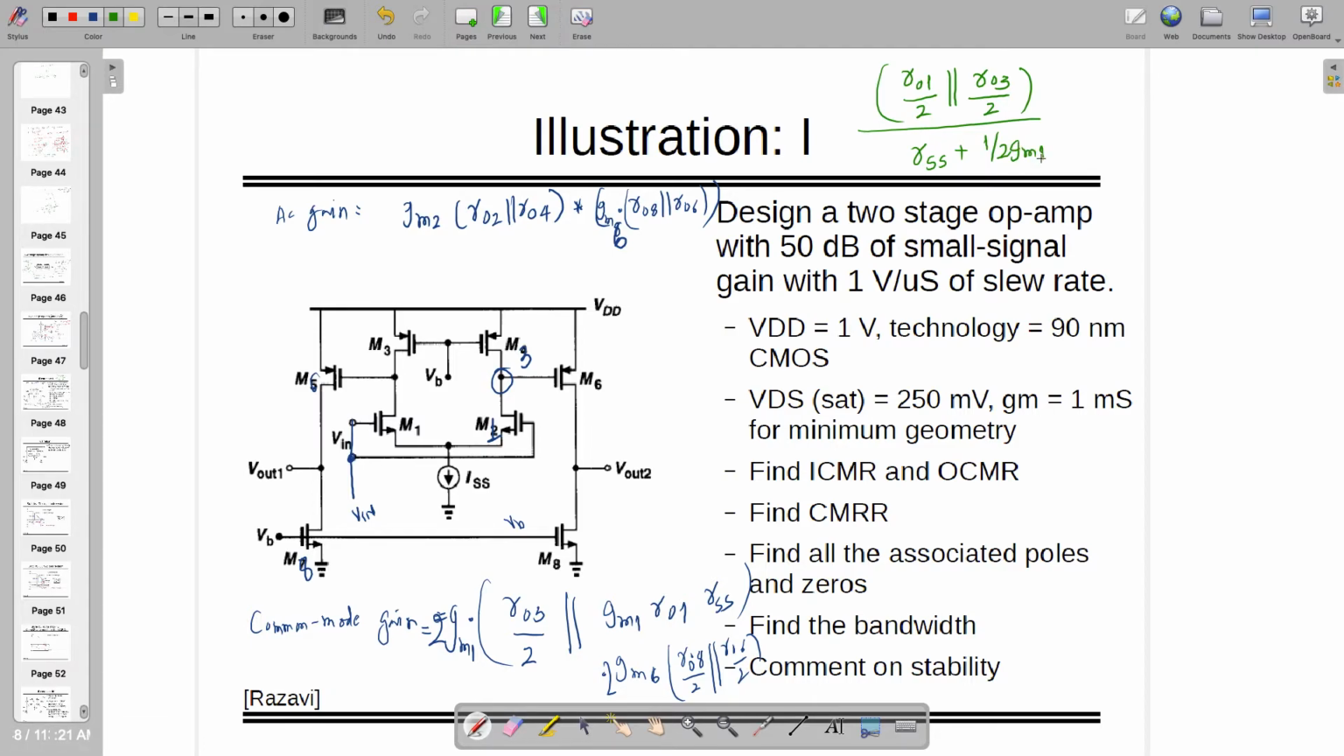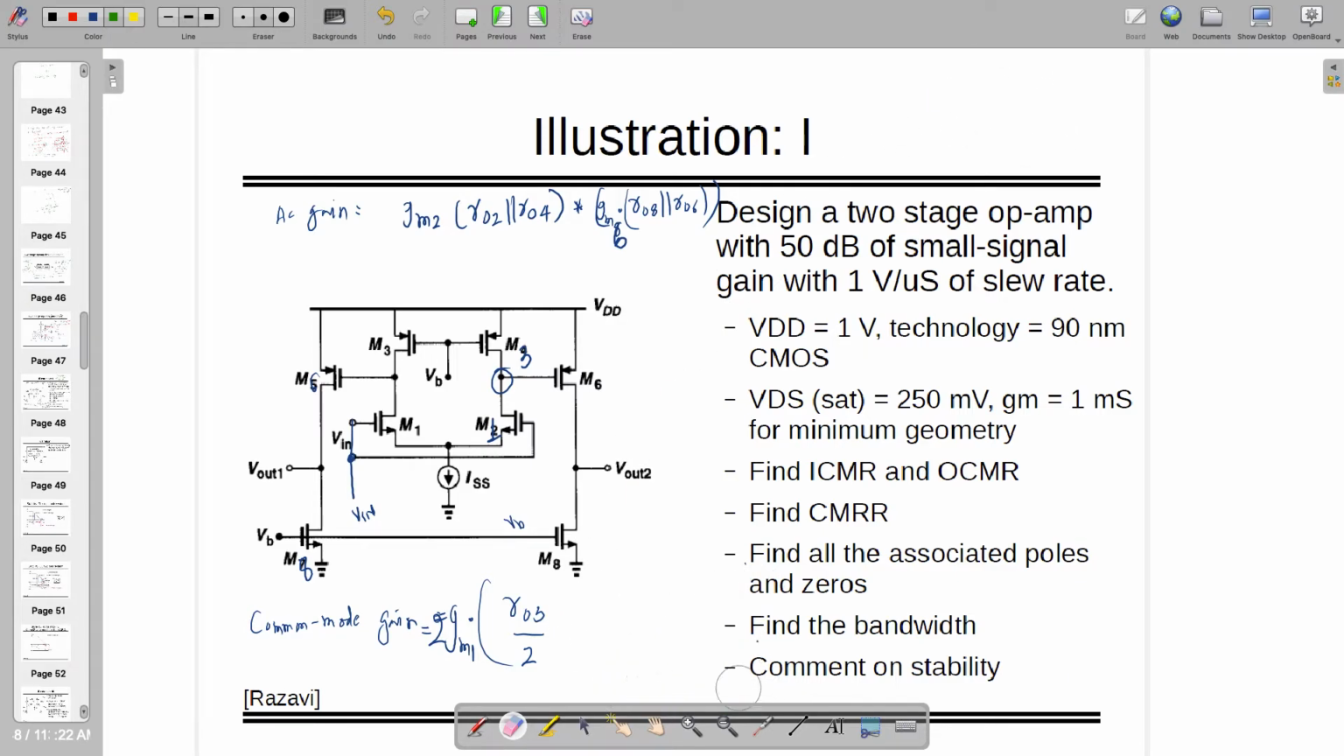So which one is correct? Yeah, the upper one, there has to be some more term. So this one goes to GM1 RO1 RSS and divide by this one. Now this is fine, right? Because it's a source degeneration, so it has to be added. And this one is correct, right? Okay, so if these are the correct things,